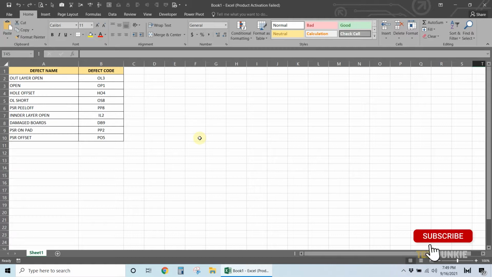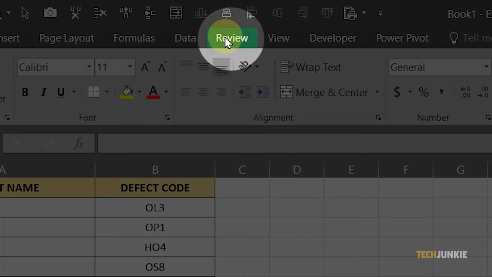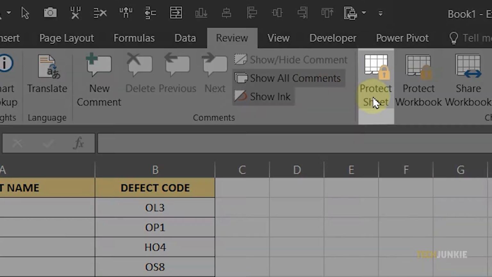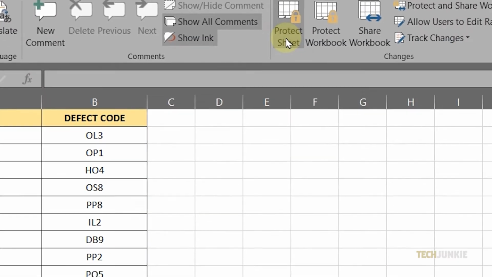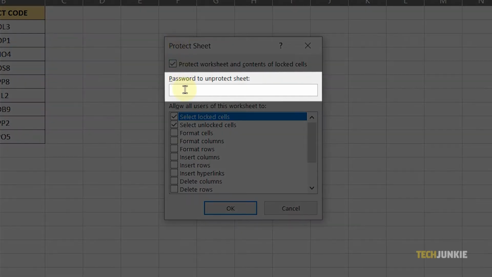To start, fire up Microsoft Excel and load in the document in question. If you just need to protect a single sheet, click on the Review tab at the top of the window, then select Protect Sheet. On the window that pops up, set your password,